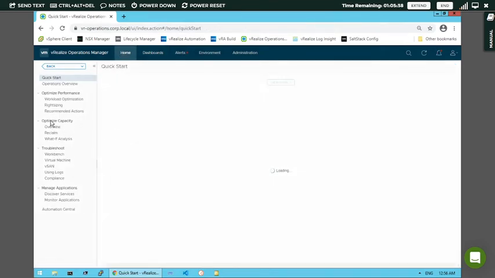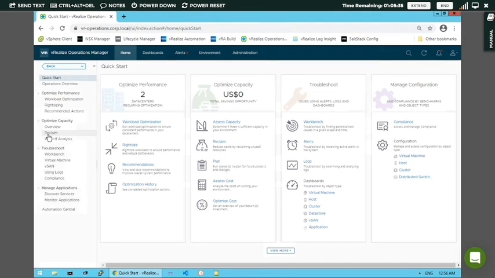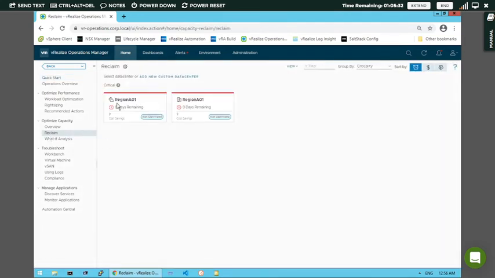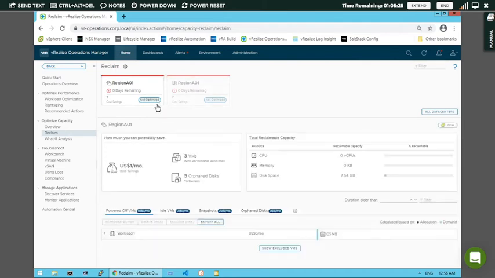Not only that, you can even click on reclaim. When you click on reclaim here, you can see there are two regions here, region A01 and region A01. So it means one is a public cloud, another is a private one. When you click on the first one here, it will show you how many dollars per month you are able to save. So the cost saving here is $1. So $1 per month you are able to save, where you are using 3 virtual machines and 5 orphaned disks. So this is how you can estimate how much you are able to save. Okay, so this is all we have with respect to your cost estimation and optimizing the cost with respect to your